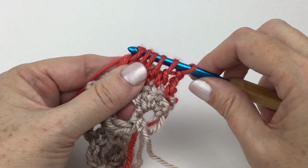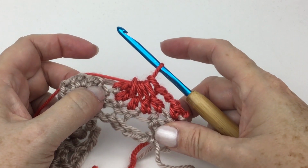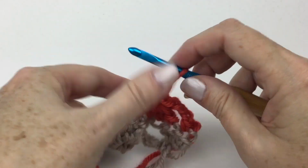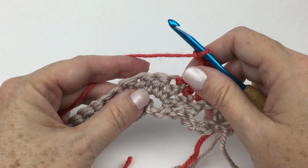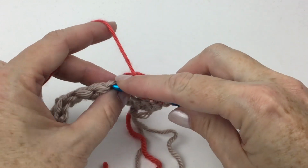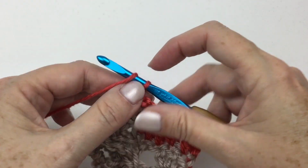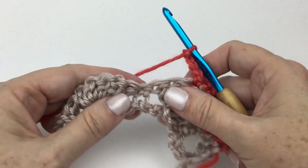Now I like to turn my hook a little bit down so I don't get caught on all these loops. Then it says chain 3, 1, 2, 3, single crochet in next double crochet. And so that double crochet is going to be the central one of these 5. That's going to be what's open. There's my single. And we're going to do that all the way across. Chain 3, 1, 2, 3,